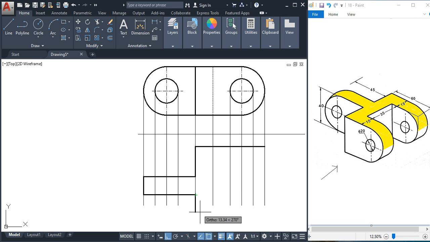Here it is 25, meaning downward also 25, symmetry, and you can draw a horizontal line like this up to this corresponding length, and join here. We'll draw only 15 length to indicate the thickness of this one.